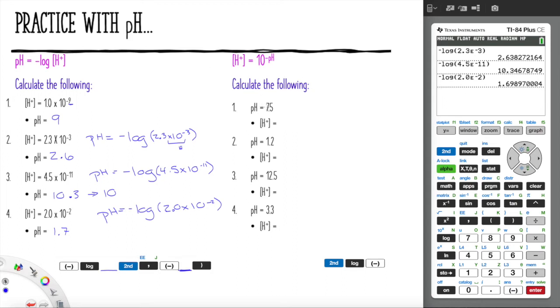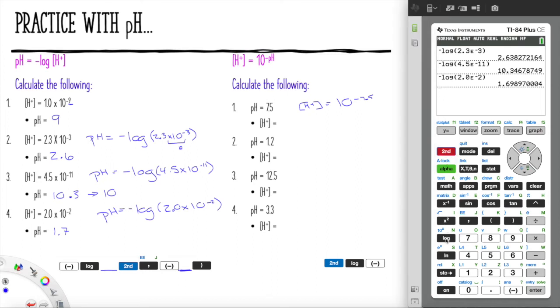So I'm given this pH of 7.5 here, and if I was going to plug that into this equation, it would say my hydrogen ion concentration is equal to the anti-log of negative 7.5. And this 10 right here is actually the anti-log function. So when we plug this into our calculator, the first thing we want to do is hit the second button and then log, and you'll see that it gives us that 10 with a space for an exponent after it. And we're going to enter negative, you always want to make sure you put a negative in front of that, 7.5,